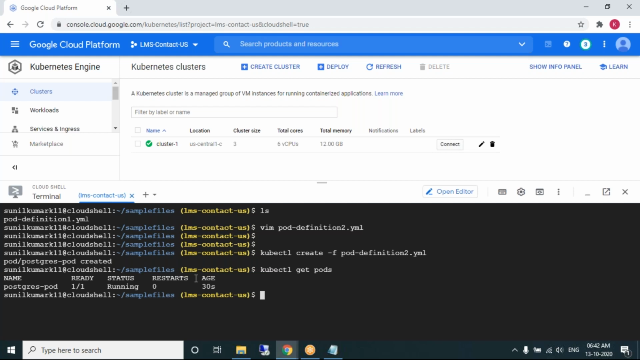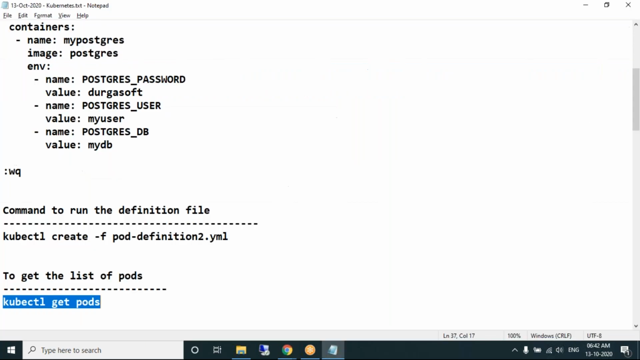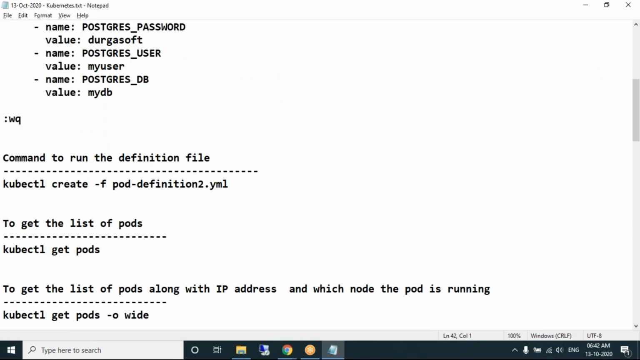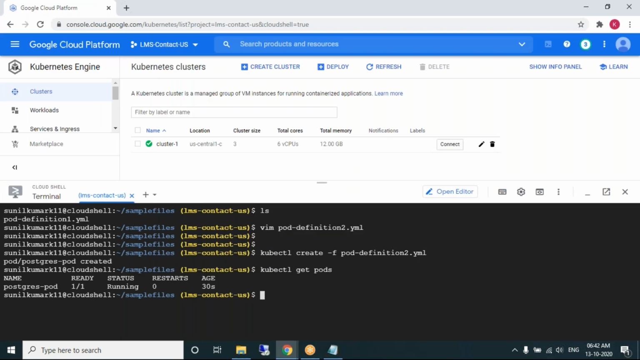Okay, so this is nothing new. We know how to create a pod. I have given one more example of creating a pod and how to see the list of all the pods. How many nodes do we have? As you know, this is a Kubernetes cluster of how many nodes? 3 nodes. And if you want to know which node this pod is running on,